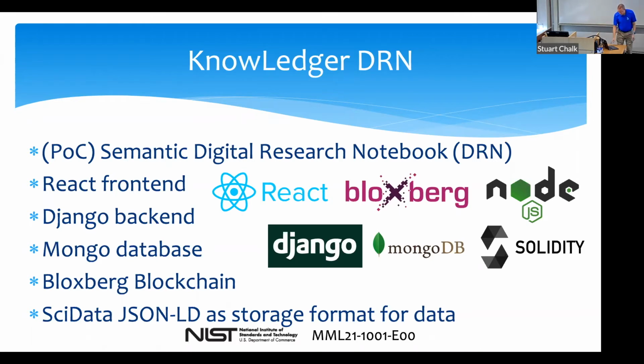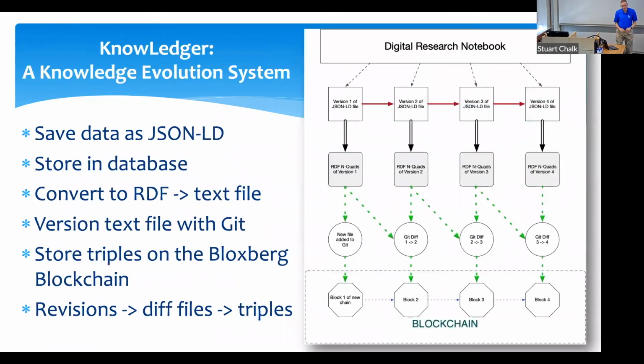And then we do something really interesting with them. What I really wanted was a system where we could, at least nominally, propose that we have a trust in the data that we capture. The way we do that is as follows: we're linking the creation of the JSON-LD file to Git, which is versioning software, and then to the blockchain.